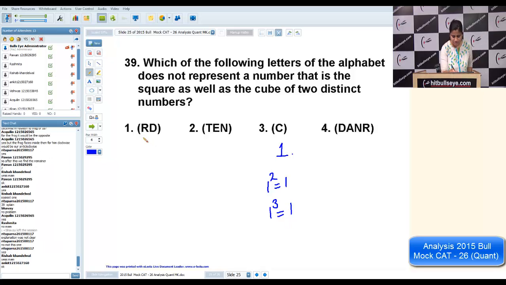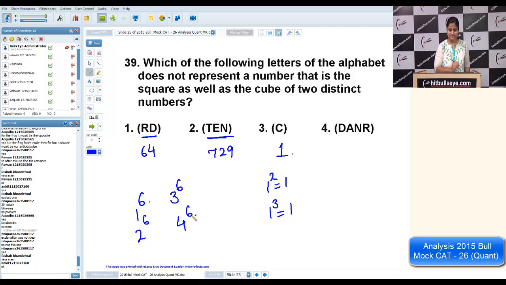Now we can talk about a 2-digit perfect square as well as a perfect cube. It has to be 64. A 3-digit number, 729. I'm talking about this. A number which is a perfect square as well as a perfect cube has to be something raised to power 6. So 1 raised to power 6, 2 raised to power 6, 3 raised to power 6, 4 raised to power